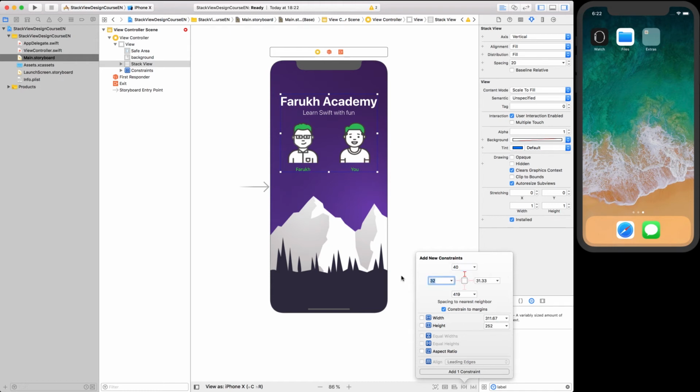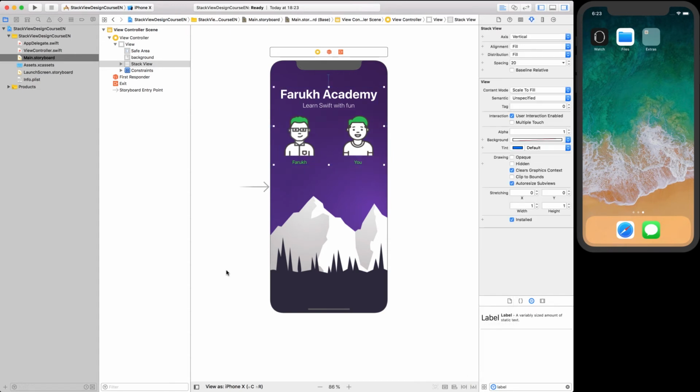Then click add three constraints. Once you added the constraints, Interface Builder automatically repositions the stack view to the correct position that conforms to your layout constraints. Okay, so now if we try to preview the interface on multiple devices,